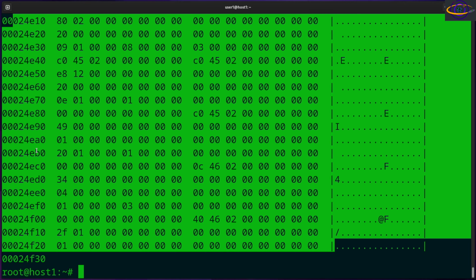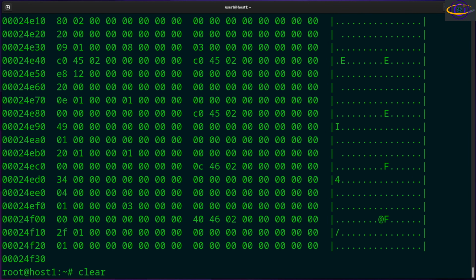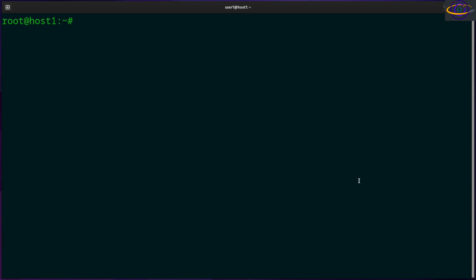So yeah, if you just run clear, it clears the screen, but notice I can't scroll back anymore either. So yeah, it's cleared a lot more than that. That might be what you want, but